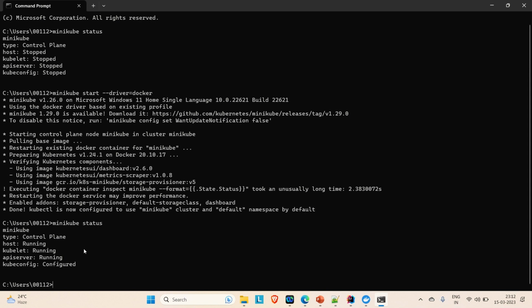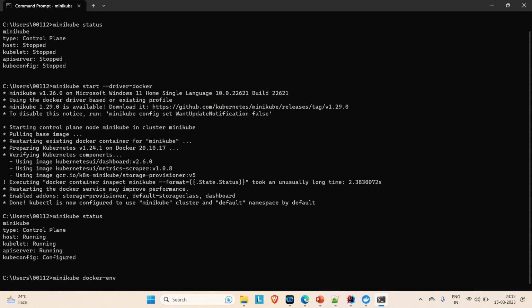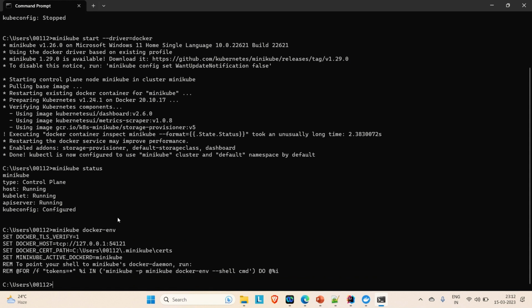So what we need to do next, we need to use the Docker inside the Minikube cluster as well. So how can we configure that? We need to run a command for that so that we can use Docker inside the Minikube cluster. The command is minikube docker-env. So let me run this minikube docker-env. Okay, just hit enter and copy this piece of code